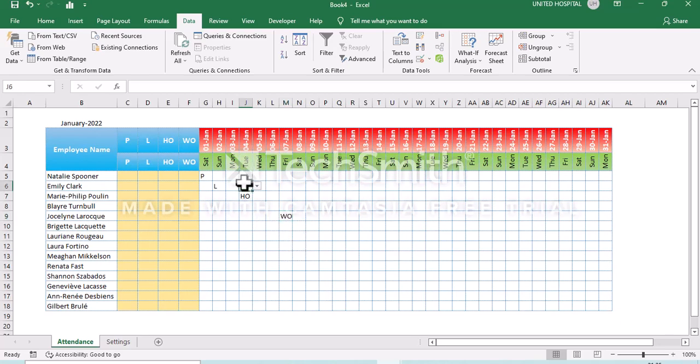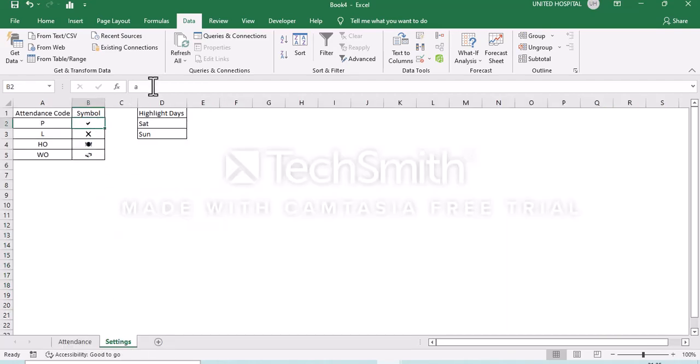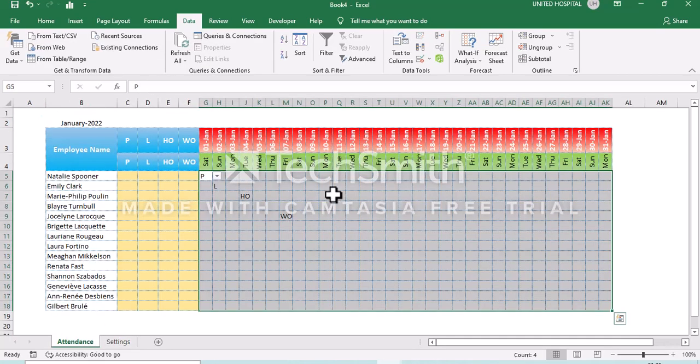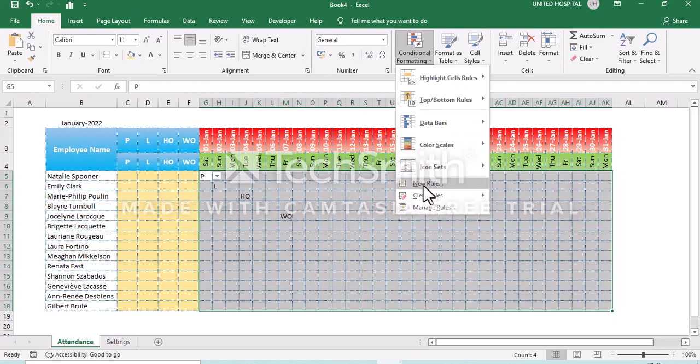But I don't want to see it in the form of letters. I want to see it in the form of symbols. So for that reason, what I'll do is I'll copy this symbol first. I'll go to the area where I want, I'll select the area. Post that, going to home, going to conditional formatting, create a new rule,